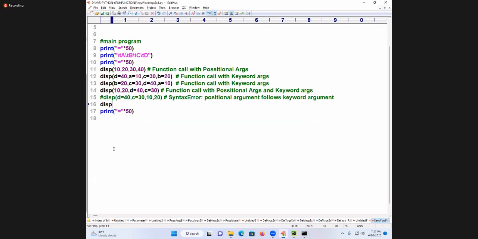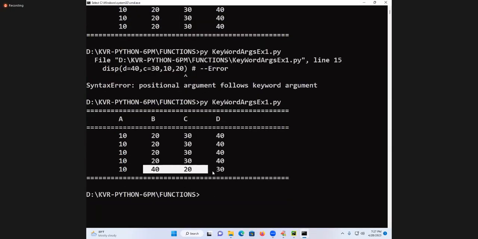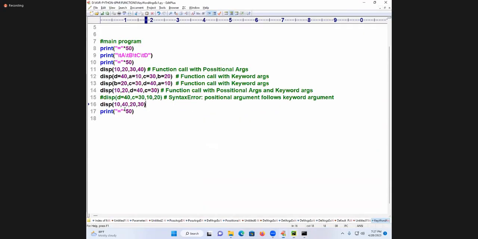Yes. Next, last and final: 10 comma 20 comma 30 comma, D equal to 40. What is this mechanism? Positional argument. Next I am going to say like this: 10 comma 40 comma 20 comma 30. This is actually positional arguments. Except the first value, the rest of them are disturbed or not. Can you adjust it? Come on. D equal to, B equal to, C equal to. What is this now? With what arguments? Positional arguments. Are you following me?